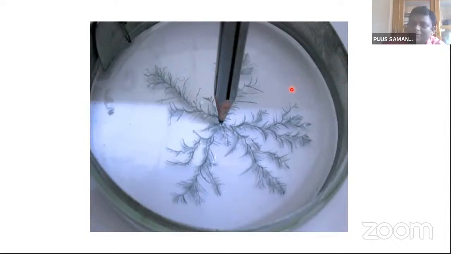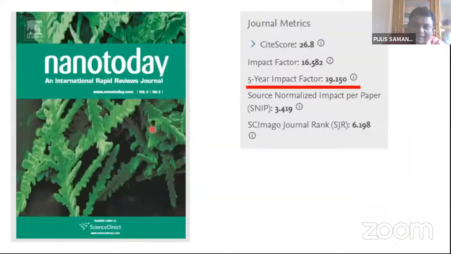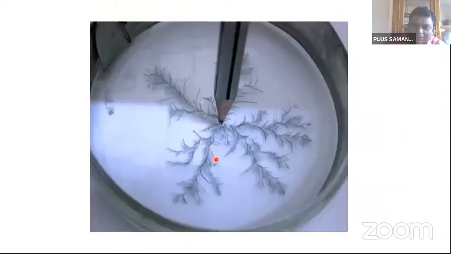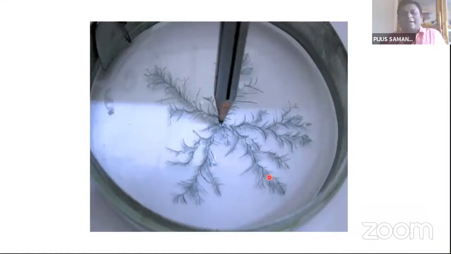We put zinc chloride solution, and we connect the zinc plate and the graphite electrode to a current source. For a trial, you can also use a battery. If we wait for some time, you see these structures are generated, and these are the scanning electron microscope images of these structures. At the time, we did not have a high resolution camera because this was in 2008. So the image is not clear, but I think it is fine to understand that we can grow this structure very easily.